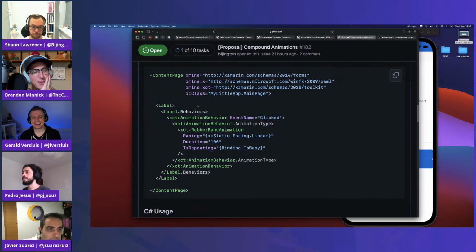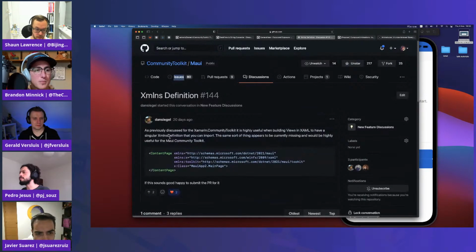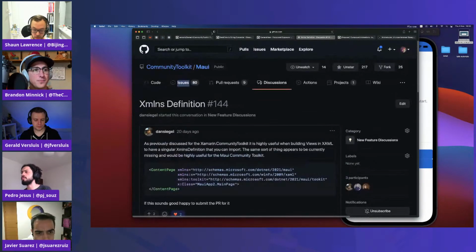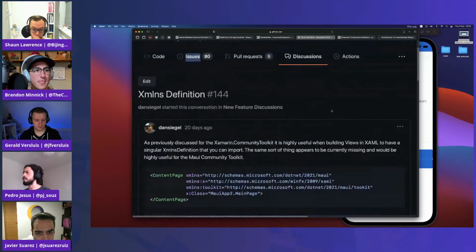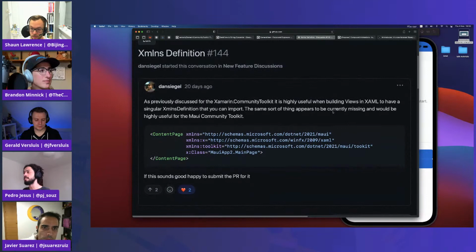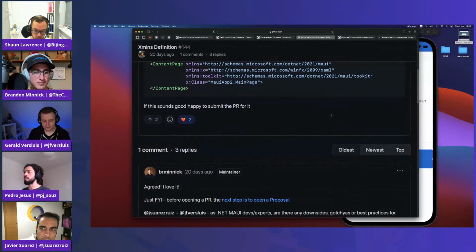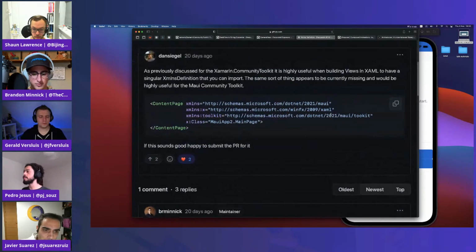Isn't there option 3? I think Pedro mentioned source generators. Oh, yeah. I didn't have time to test it yet. Probably I will have some time at the end of the month during my PTO. But right now on Xamarin Community Toolkit, Sigo did a PR for us, and we use some MSBuild tasks to make sure that we will inject that namespace there. So probably the reason for the errors is related to those tasks.